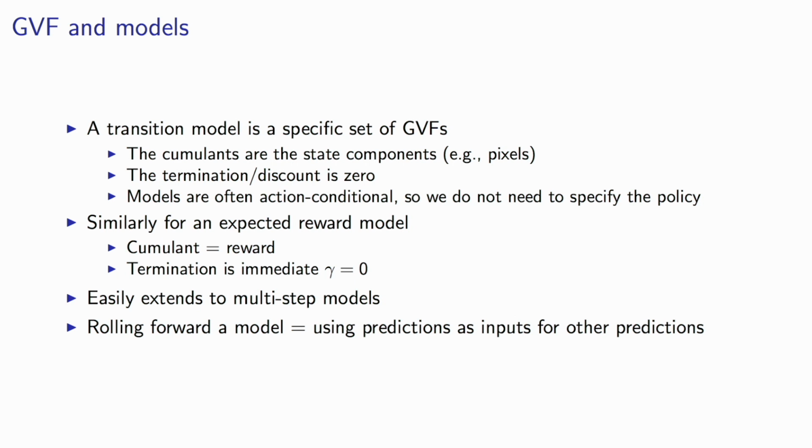A downside of it is that if you chain approximate one-step models together, the errors in these models might accumulate quite quickly. So it's unclear that that actually works better than if you have good multi-step models. But then it's unclear how to build good multi-step models. So that's a trade-off maybe.